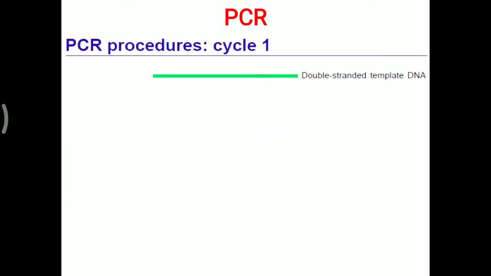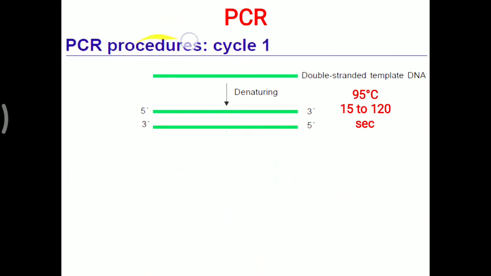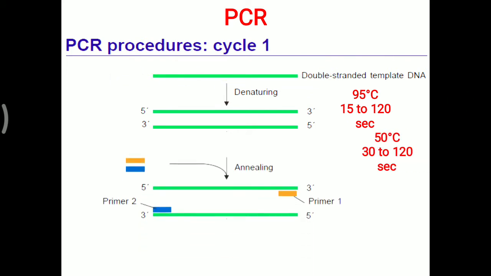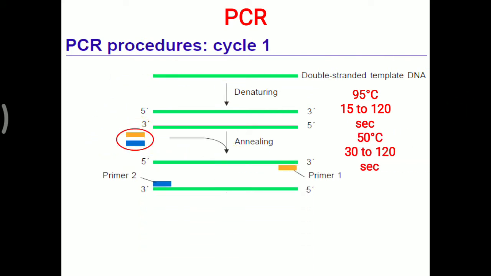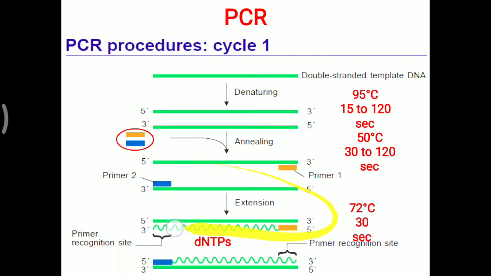Now what is the difference between PCR and multiplex? In normal PCR, what happens? First, the double stranded DNA is denatured, then the primer is added, and annealing will occur. After annealing, with the help of polymerase, a new strand of DNA will be synthesized with the help of deoxy NTPs. That is all about the normal PCR. But in multiplex PCR, instead of a single primer set, multiple primer sets are added, and multiple double stranded DNAs can be replicated in a single run of the PCR. So it is the same procedure, denaturation, annealing and extension will occur, but multiple DNA sequences will be utilized in the multiplex PCR.